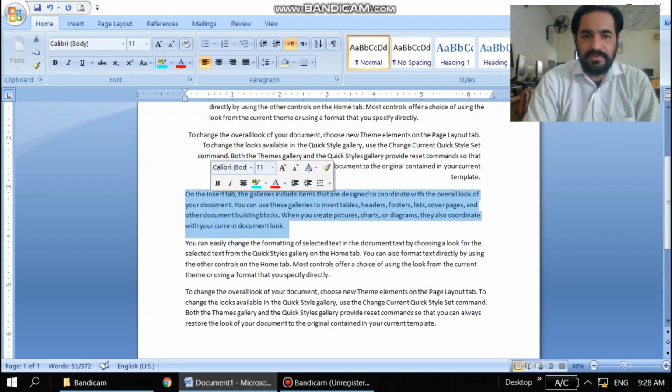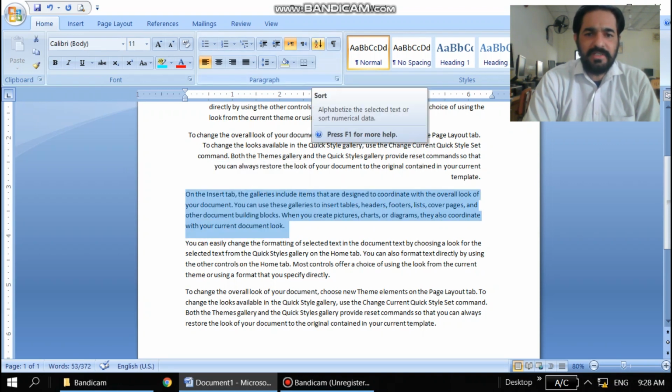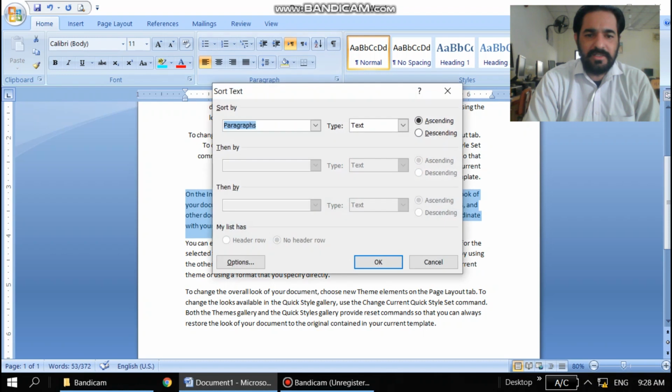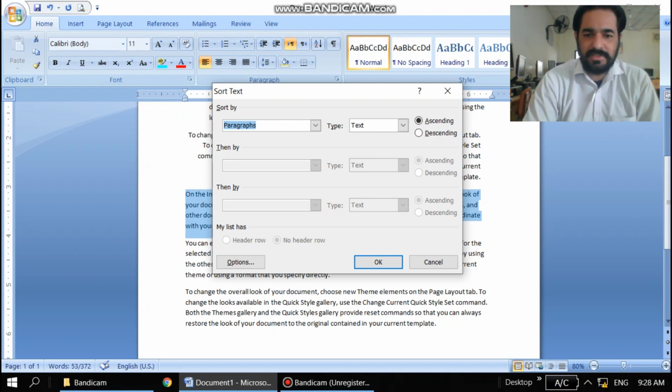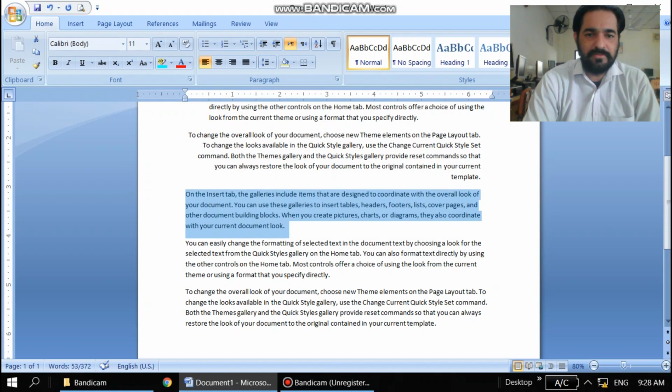Another thing we can do: if I am writing a paragraph or text or any number, I can arrange it in ascending order or descending order. So this is another option available. For example, you are writing in alphabetical order or upward or downward, ascending, or you can change.